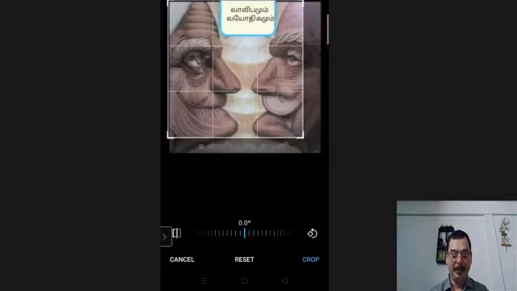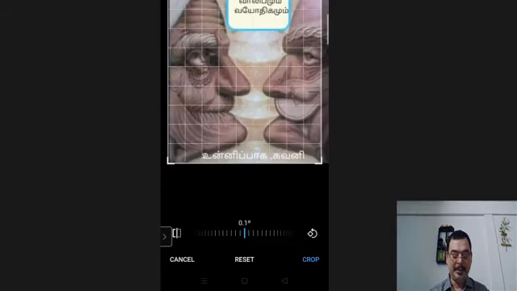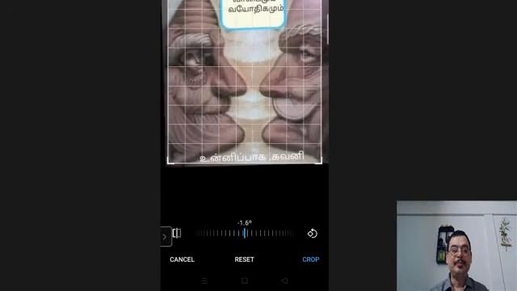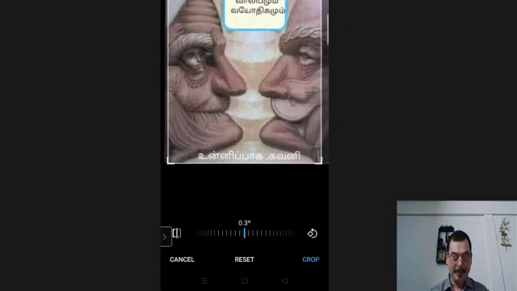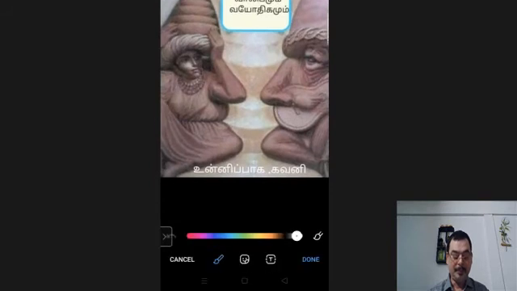I can crop, I can rotate the photos, I can even do some writing or painting work. I can choose the color I want here.